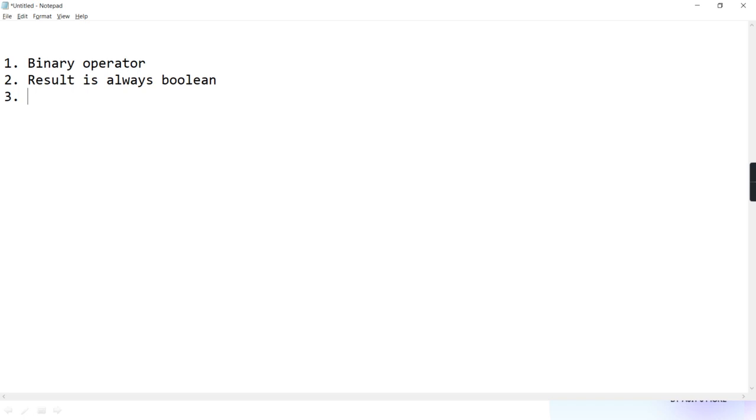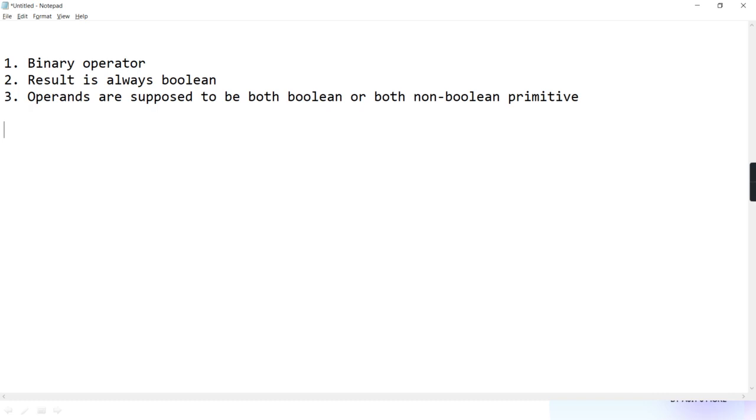And this operator has associativity. But see here, operands are supposed to be both Boolean or both non-Boolean primitive. Meaning you can do the equality inequality between Boolean, but both should be Boolean or both should be non-Boolean